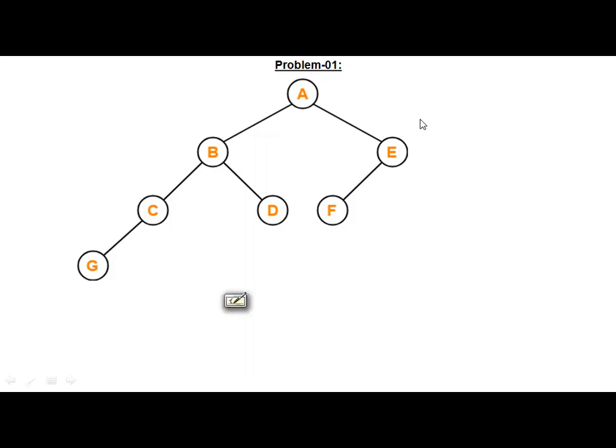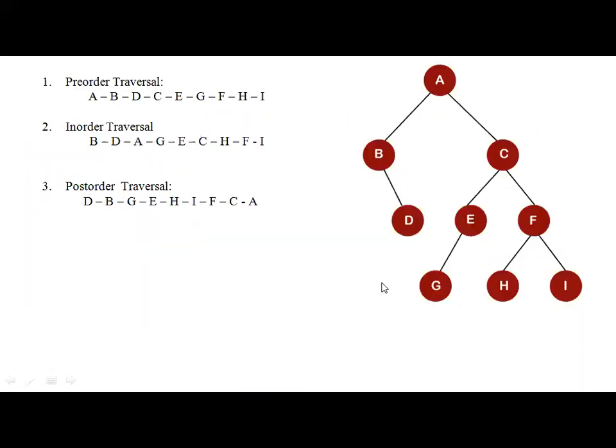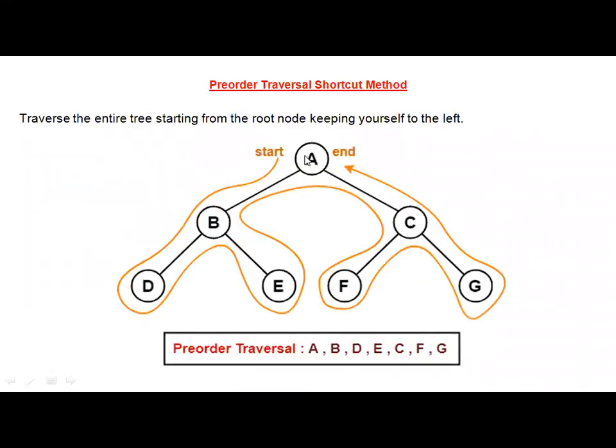Repeat the pre-order shortcut, one second. Okay, so this is the pre-order shortcut. Starting from the root node, whenever you encounter a node, immediately write it onto the output. First we start from root A, visited, write onto the output. Then you traverse in the left direction. You touch B, write onto the output. Then you touch D, write onto the output. Again you come back to B, already over, so you leave it. Then you come to E, write onto the output.